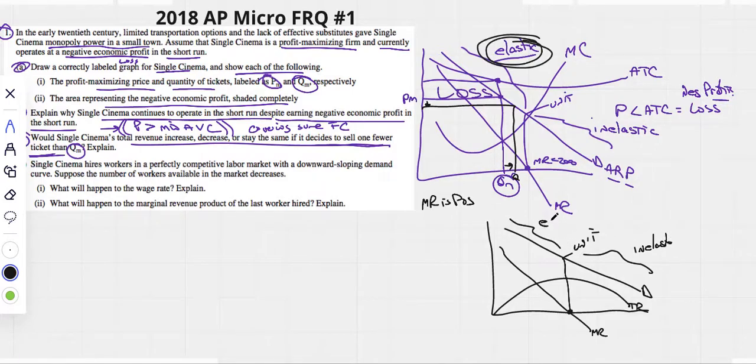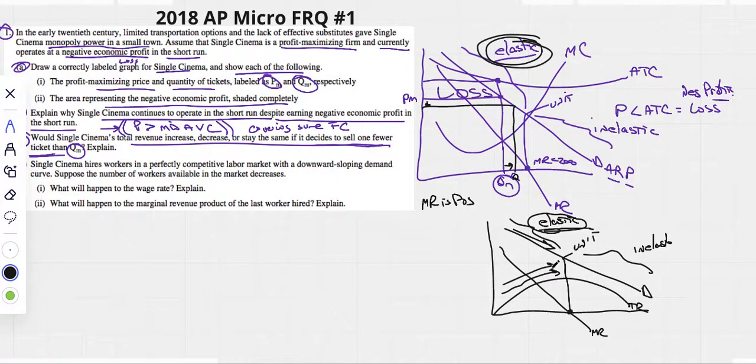This is all elastic. Now, we know we're producing in the elastic section of our demand curve. We can see that, right? So if we were to lower our price, what happens to our total revenue? Can you see how it goes up? If you're in an elastic section of your demand curve and you lower your price, your total revenue